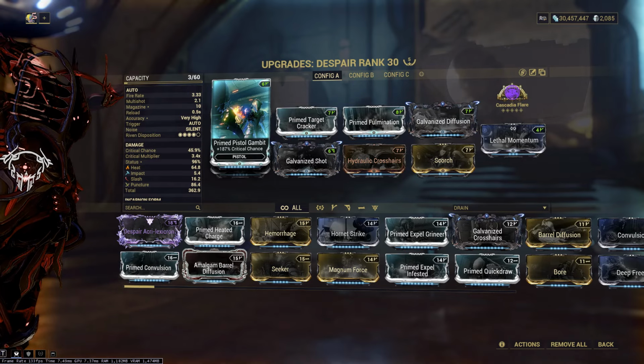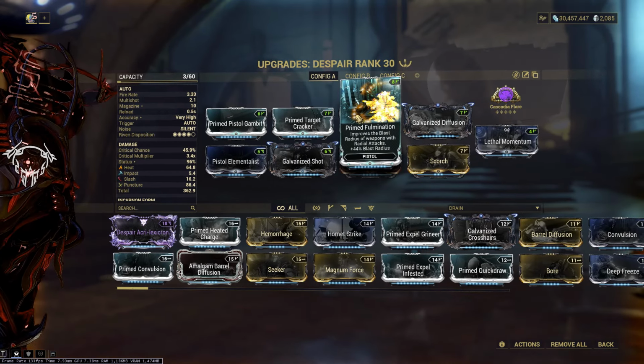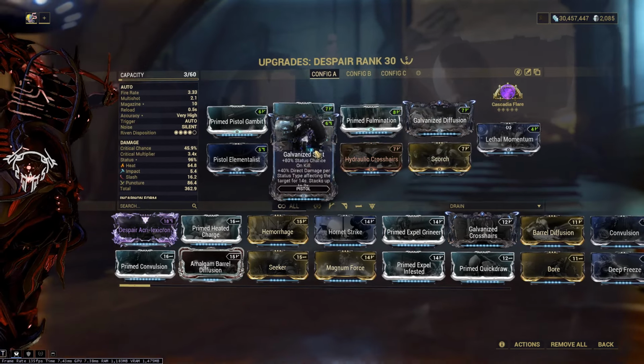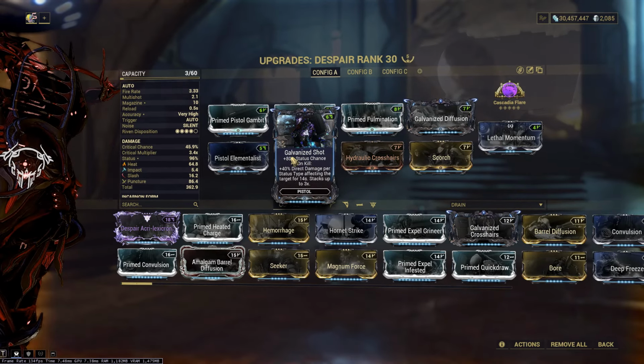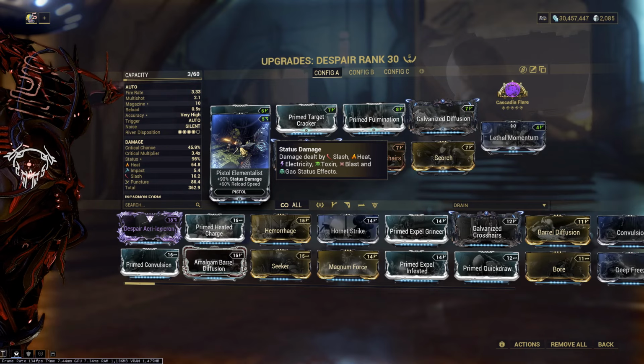Prime Pistol Gambit for more crit chance, Prime Target Cracker for more crit damage, Prime Fulmination to increase the blast radius, Galvanized Diffusion for more multishot and on kill even more multishot, Galvanized Shot for 80% more status chance, and on kill 40% more damage per status type affecting the target, Pistol Elementalist for more status damage and reload speed,